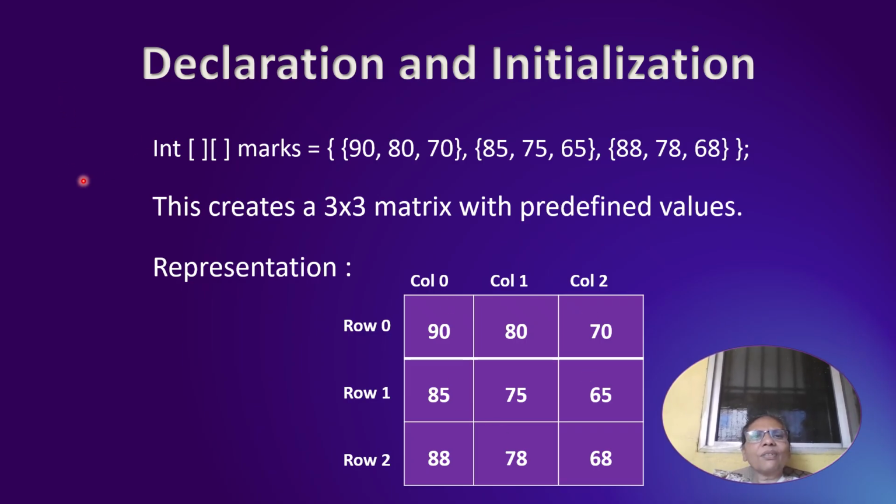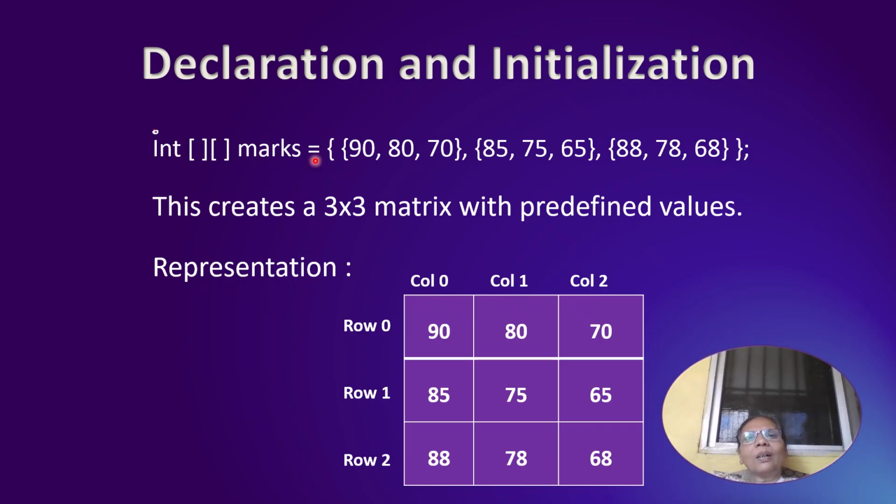Declaration and initialization of array. Int square bracket open close. Here it has to be a small i. So int square bracket open close marks is equals to, and in here you will observe that we are having